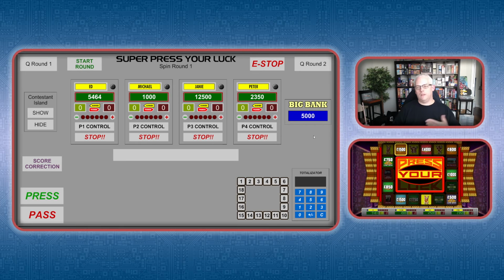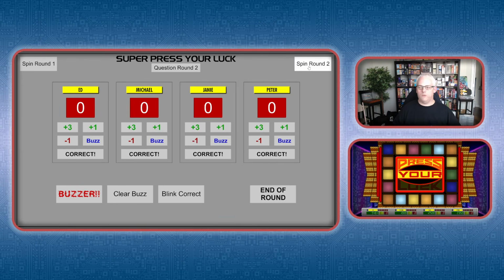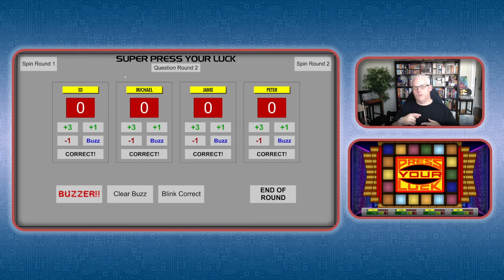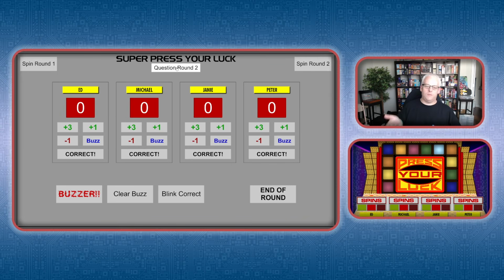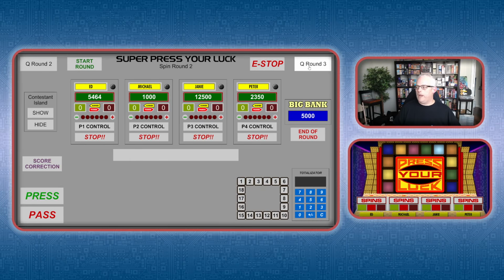Board will start spinning, background will fade, click question round 2. In the following question rounds, so the question rounds 2 and 3, you click this button at the top. What this does is it settles the lights and brings the island back up. Anybody that's hit any whammies in previous rounds, those whammies will come with it, so you'll see those whammies on the desk. If there are no whammies, nothing will come up. And then you can shuttle all the way up to,